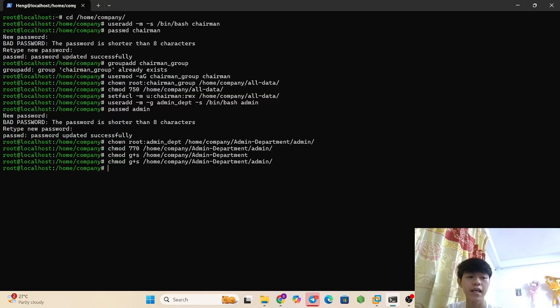User admin will have access to the public directory and also access to admin department and all data directory. So I will add ACL to apply all concept of this admin.